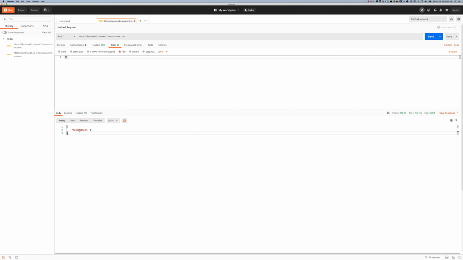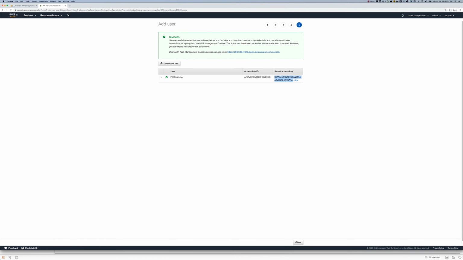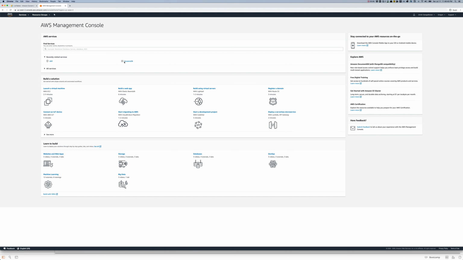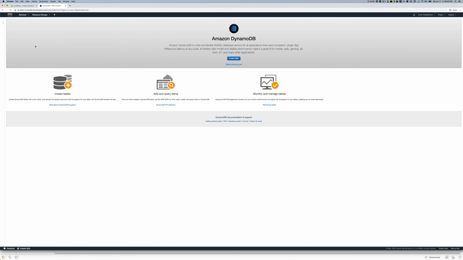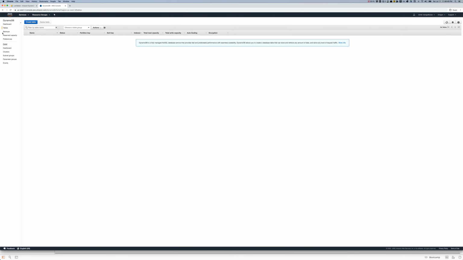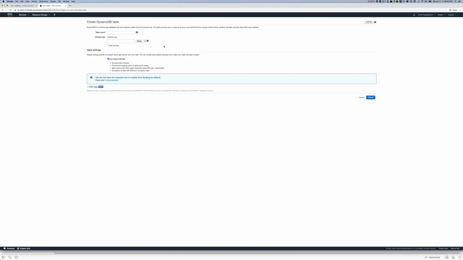We got a response that says table names, and then it's an empty collection, which makes sense because we haven't created a table yet. So let's test something real quick. Let's go to our console and create a table. From here, we'll try to create a table from the APIs as well, but just for testing the list tables API call, let's create something right here. I'm just going to call it Postman test. Partition key, I'm just going to call user ID, leave it as string. Everything else is fine. I'm going to hit create,